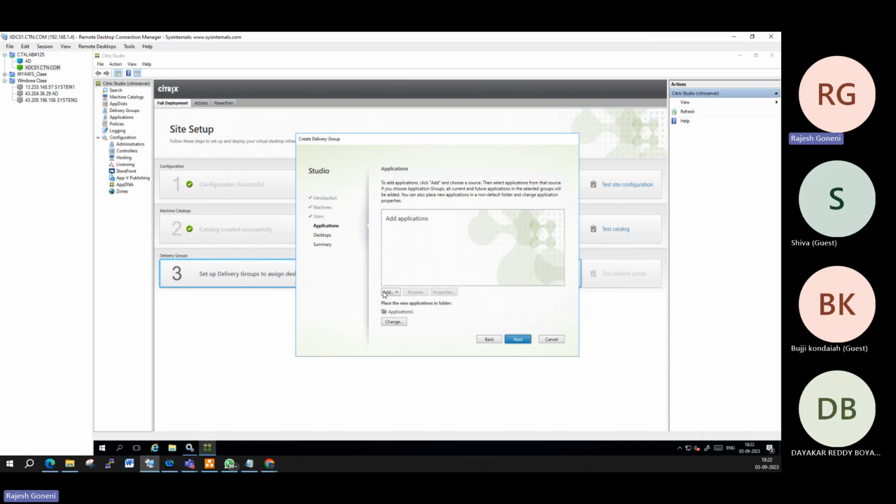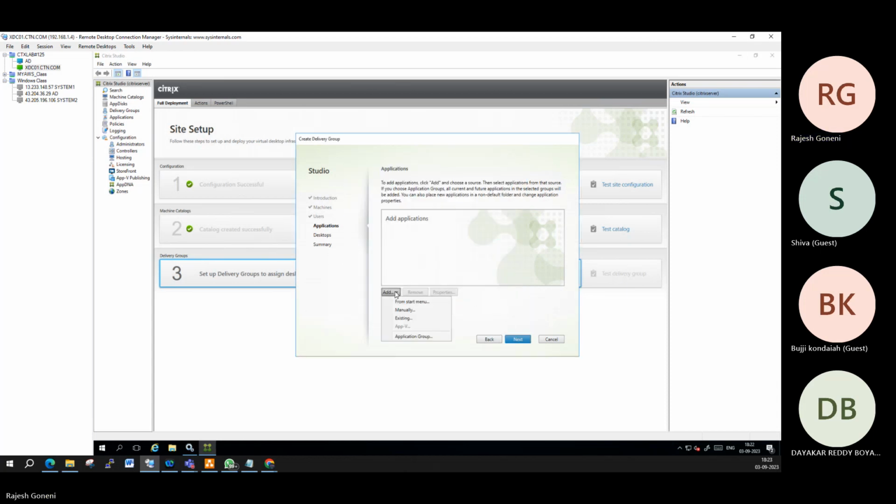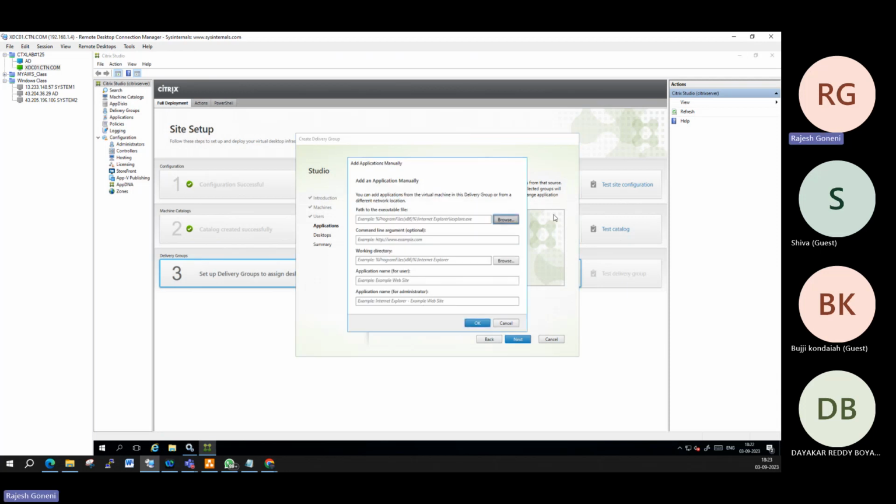but just for a sample purpose today, I'm going to deliver from the start menu. Normally we have Notepad or maybe some applications that we can deliver. Otherwise, you can click cancel and select manually. You can browse from the system and get it. But right now there is no powered-on machine that can be browsed, and you cannot power on the machine directly. So that's a problem here. So what we can do now,